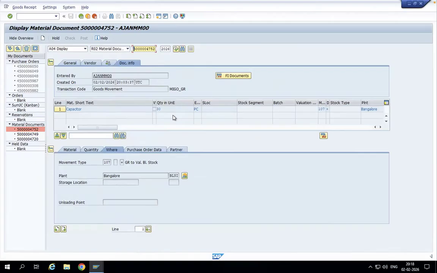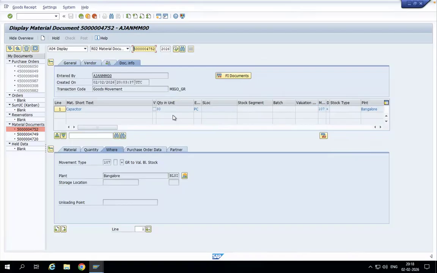And of course, for advance payment, which we generally call prepayment, there are a couple of prerequisites that we need to take care of at the company code level. And even the transaction key has to be taken care of. Of course, that's a part of FI. So once that is done and the payment is released, the vendor will receive the payment and he will dispatch the